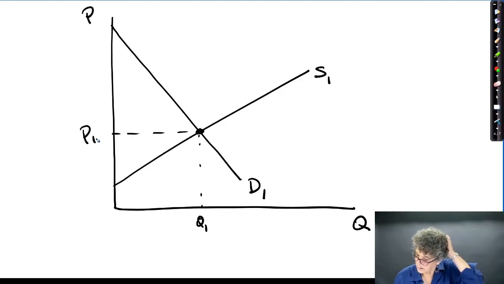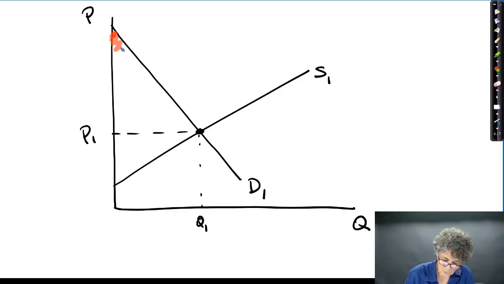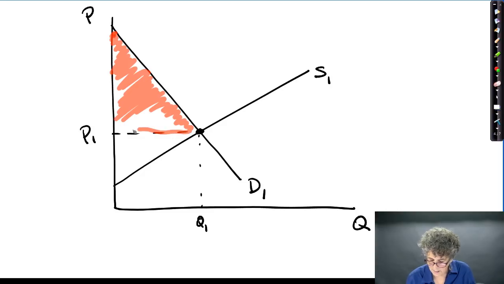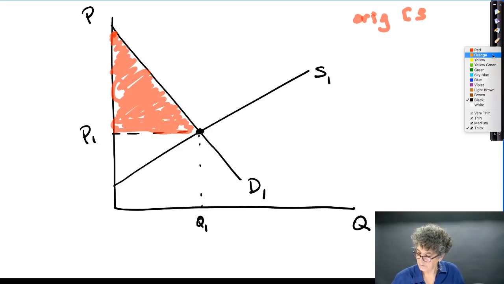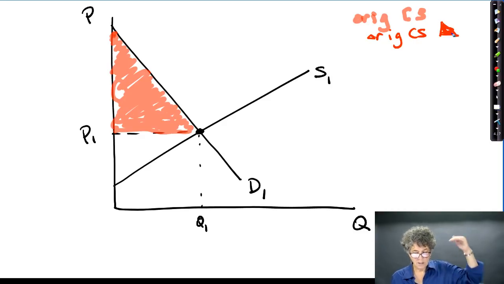And what we know is that the consumer surplus before the tax is implemented is the area of this triangle, so we'll call this the original consumer surplus. The original consumer surplus is the area that's shaded in sort of a reddish orangey color here, below the demand curve, above the price. And then the original